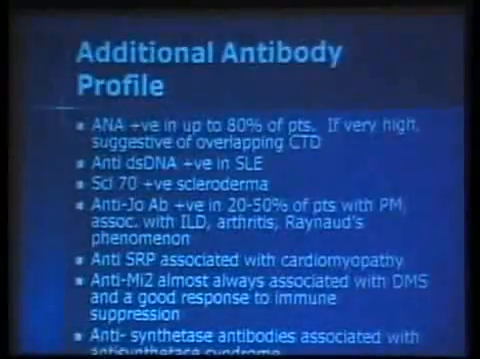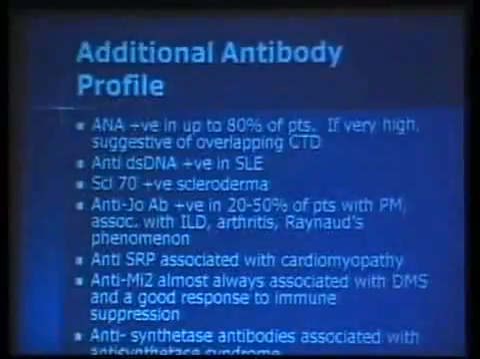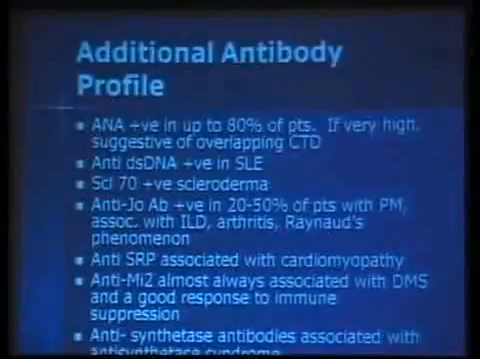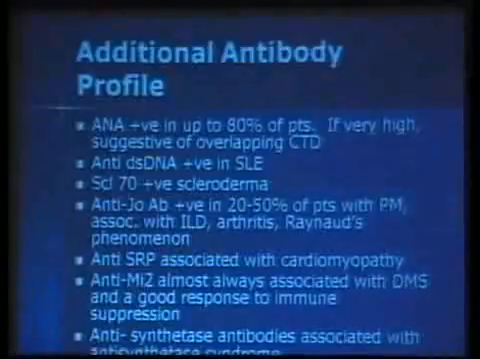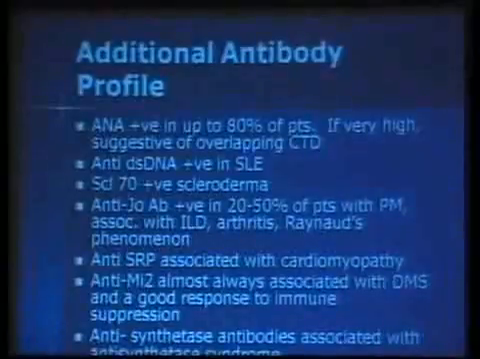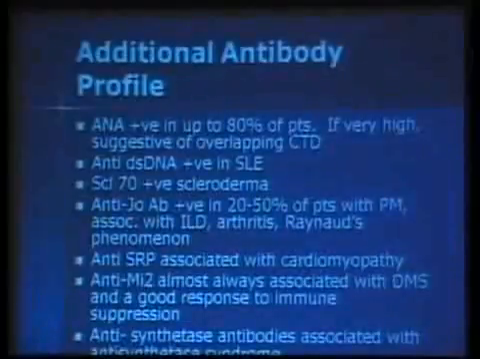Now, I'd like to just take a few seconds and describe an additional antibody profile over here. Like I said, if it might be associated with other connective tissue disorders, and if the ENA is positive, then there is a very strong overlap with other connective tissue diseases. Anti-DS DNA may be positive in SLE, scleroderma 70 may be positive